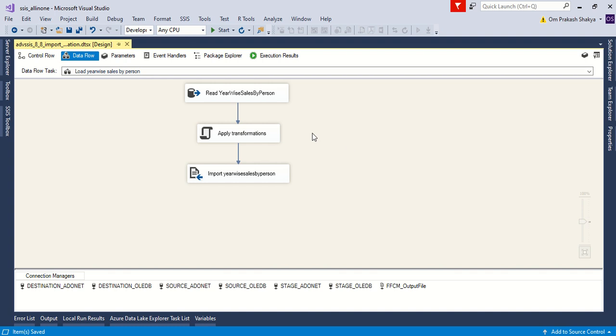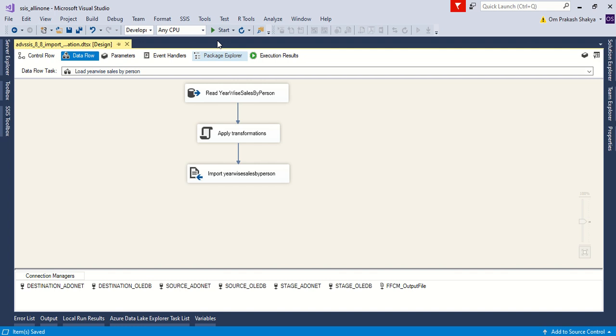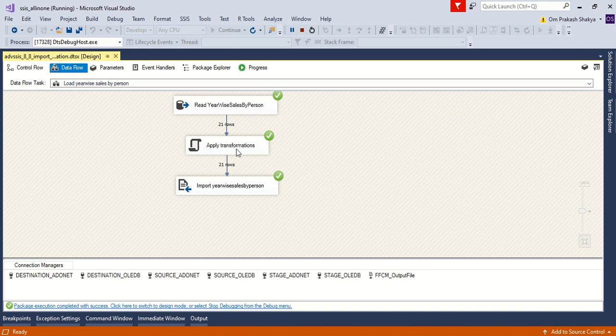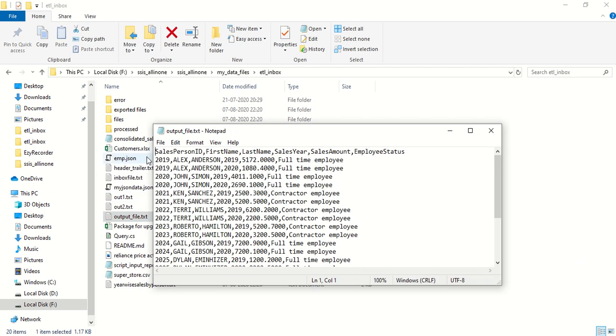Let's execute this package. You can see we have the output file, but it has not been created yet. When we execute, then only it will create. You can see there are 19 items in this directory. When we execute this package, it will retrieve the data from the database. It performs some transformation using the script task, and then it imported the file. So let's look into the file. This file was generated. You can see it has the columns in the first row and the data.